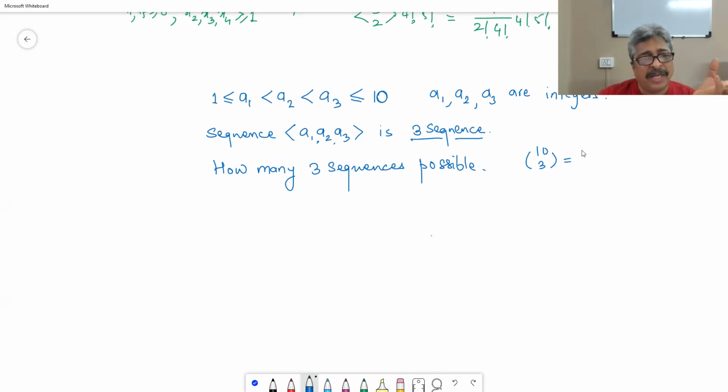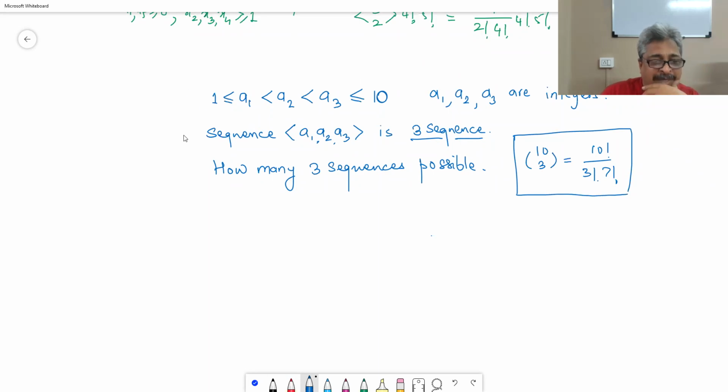If you have taken 3 natural numbers out of the first 10, then they themselves will get organized. Why will the bigger number go to the left? It will not go. They will organize amongst themselves. Therefore, 10 factorial upon 3 factorial into 7 factorial is the answer. But then it is not as simple as that, because we want to complicate these things.